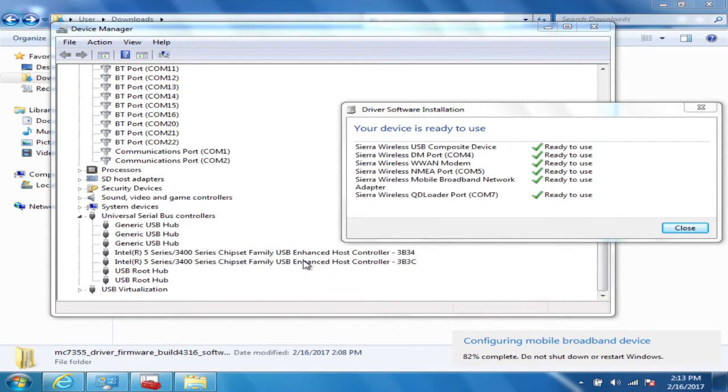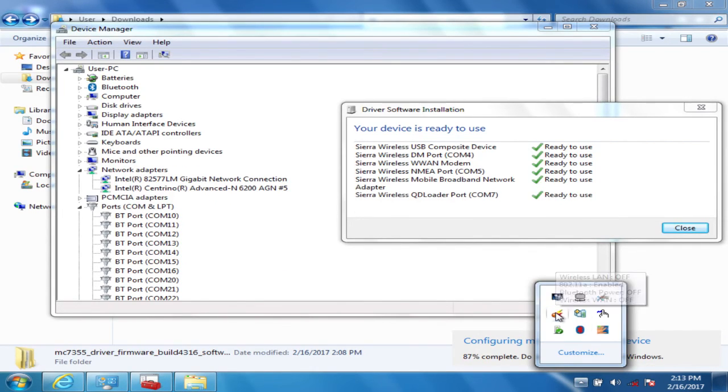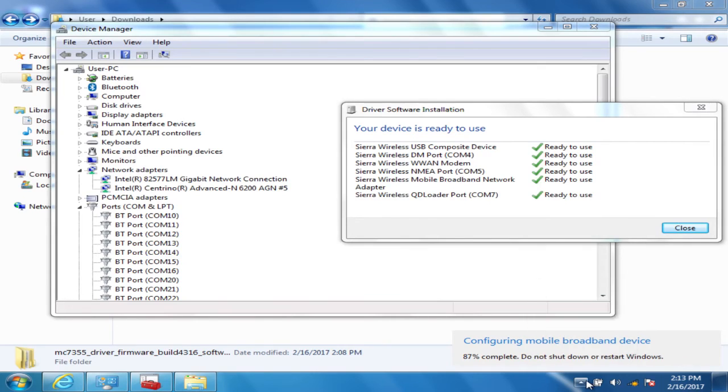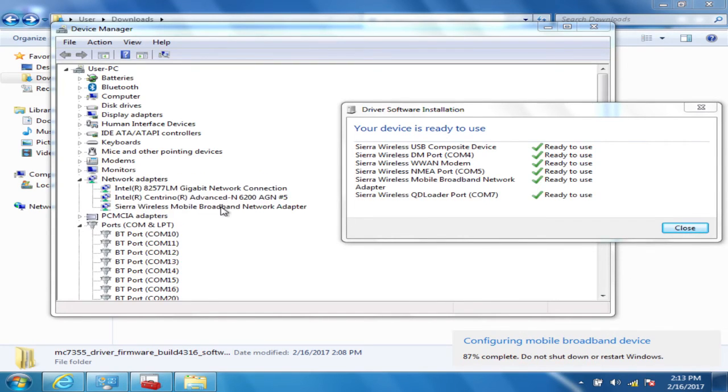If you don't already have the wireless switch utility software set up, make sure you have it set up properly to enable the wireless WAN, or it won't work right. It's in the toolbar. You can go to the system tray, right click or click on settings, and change it to have it enabled.